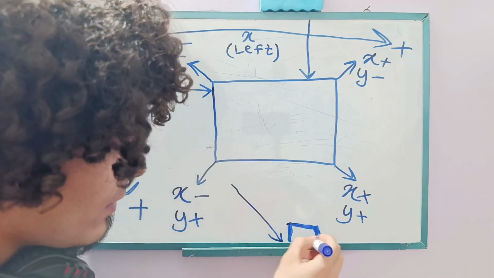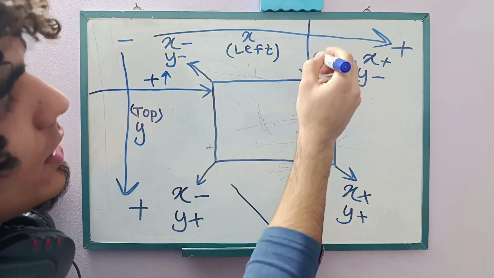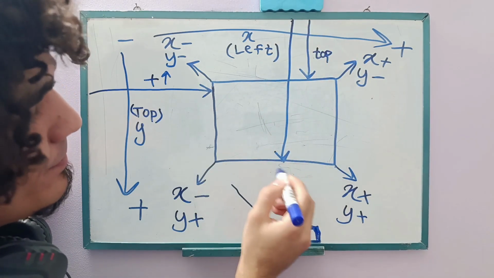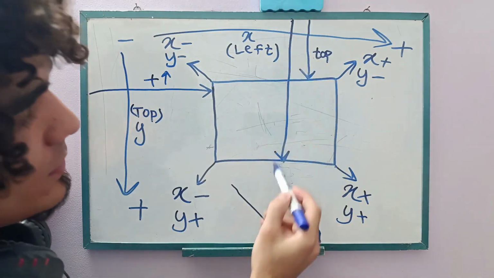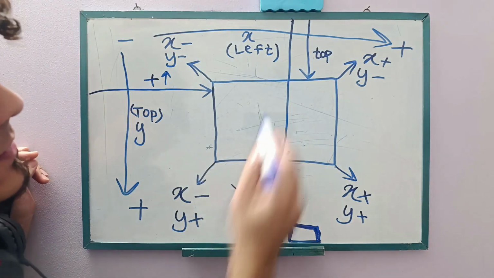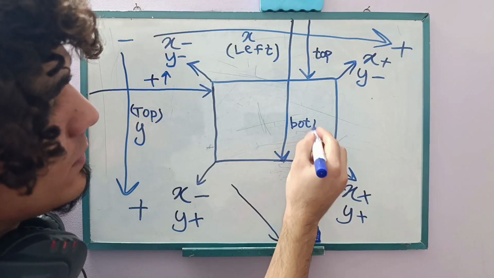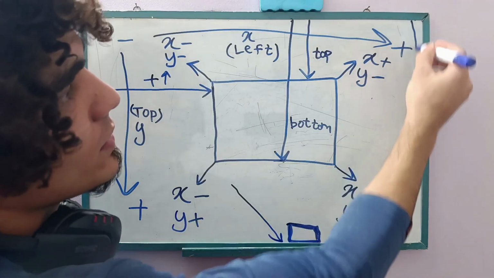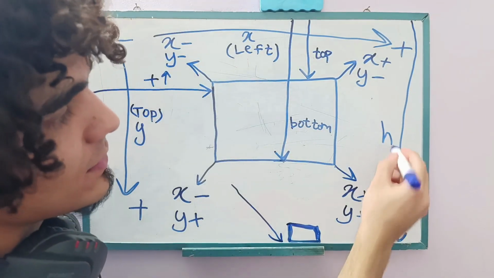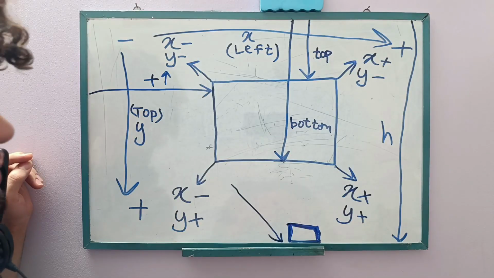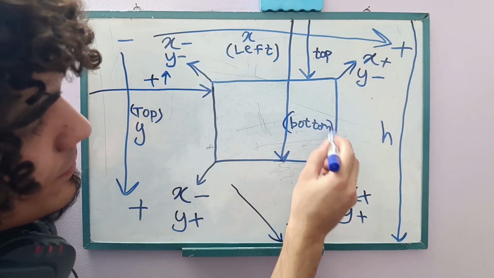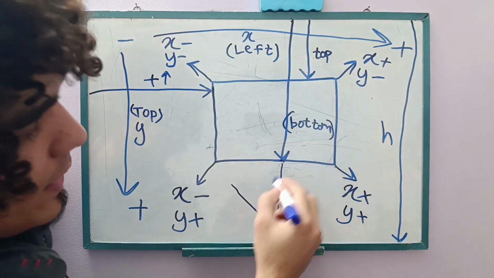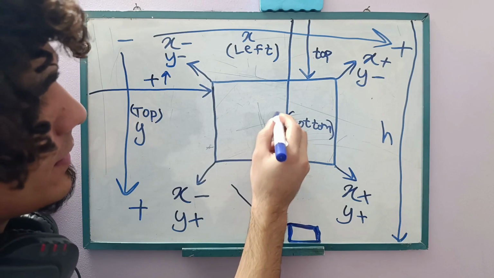When the DVD is here, we have top, which is this, but we have another thing which is bottom, which is the distance from the top to the bottom of our DVD. And we have another thing which is the complete height of our screen. When the bottom is equal or more than the whole height,